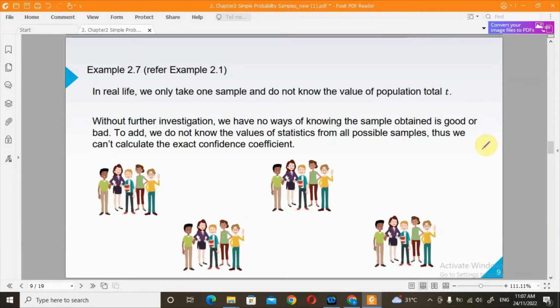And we do not know which one it will be, or if our sample will be one of the good ones. For example, in example 2.7, let's say sample X, which consists of element number 2, 3, 5, 6,